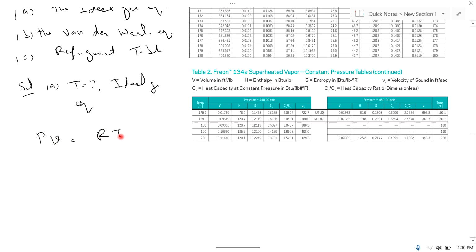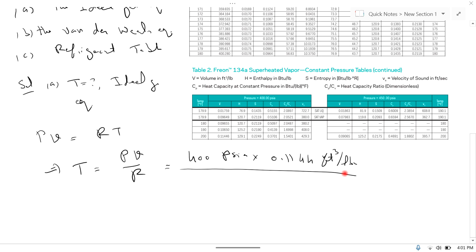So to find T, rearrange this equation: T is equal to PV divided by R. Pressure is given to us as 400 psia and specific volume is 0.1144 cubic feet per pound mass, and the value of R for refrigerant 134A is